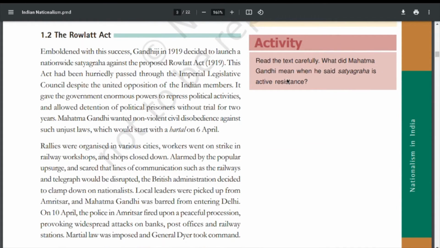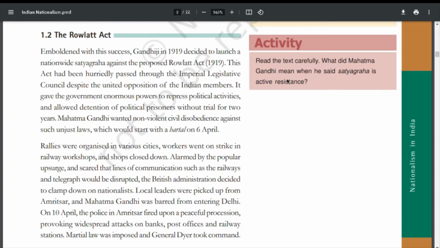1.2 The Rowlatt Act. Emboldened with this success, Gandhiji in 1919 decided to launch a nationwide satyagraha against the proposed Rowlatt Act 1919. This act had been hurriedly passed through the Imperial Legislative Council despite the united opposition of the Indian members. It gave the government enormous powers to repress political activities and allowed detention of political prisoners without trial for 2 years. Mahatma Gandhi wanted non-violent civil disobedience against such unjust laws, which would start with a hartal on